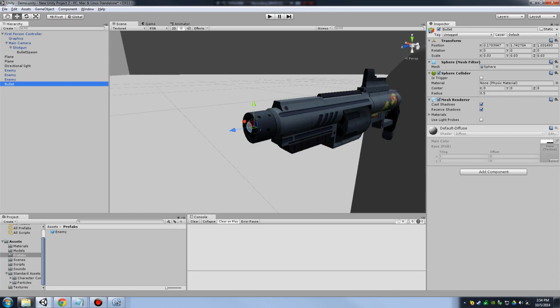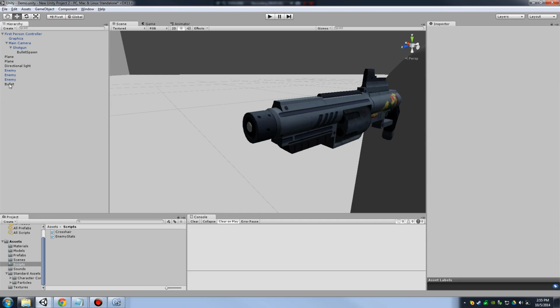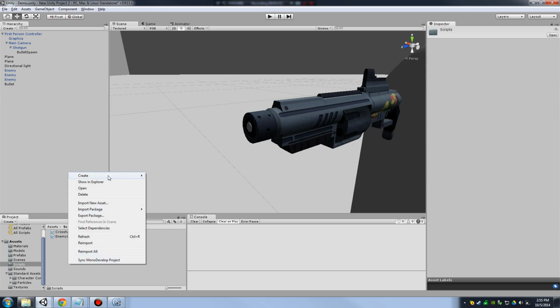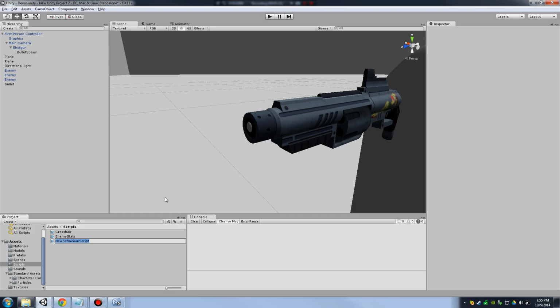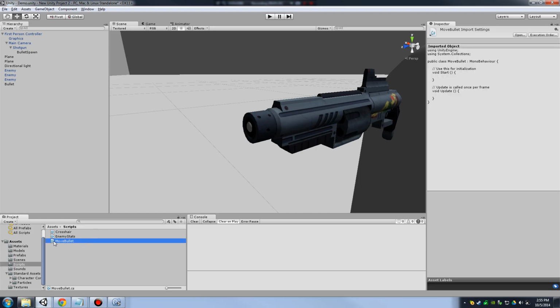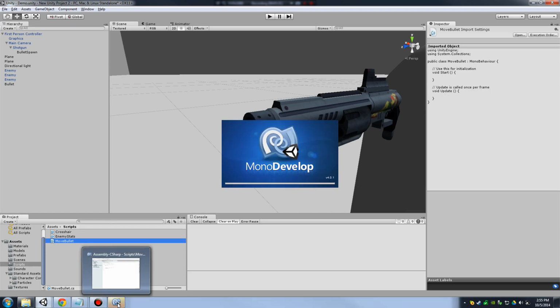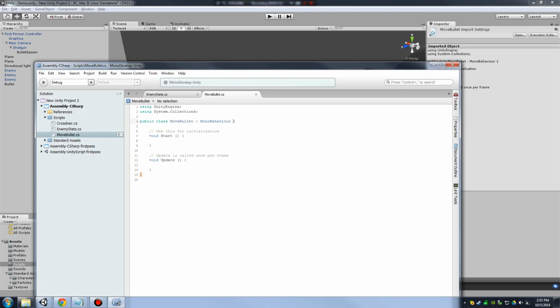And let's create a script that will control the motion of my bullet. So I'm going to go to bullet, make sure it's selected, and in my scripts folder I'm going to create a new C# script. I'm going to call this MoveBullet. Alright, great. So I'm going to double click on this script, bring it up in MonoDevelop,